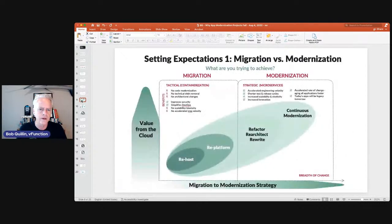So, one thing we talk about a lot, and I'll just add a little color to this, is what are you trying to achieve in setting expectations. I go back to splitting the view between migration and modernization. And the cloud providers over the last 5 to 10 years have really focused on migration, lifting and shifting monoliths into the cloud. It's faster, it improves your security, DevOps, helps you close down some data center technologies, but really